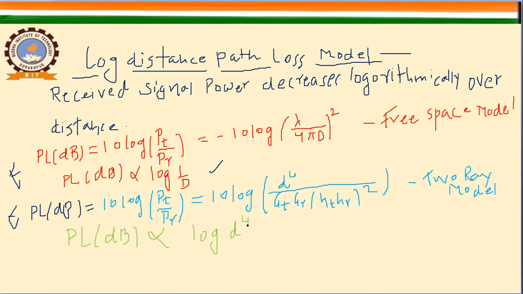So if we want a general path loss equation with respect to the separation distance between transmitter and receiver, it can be given by